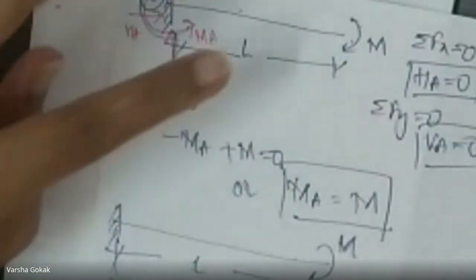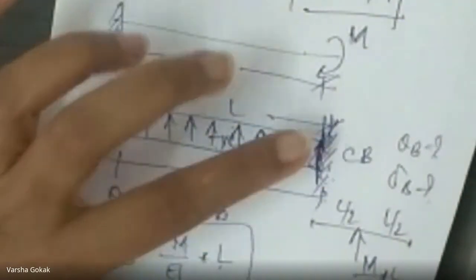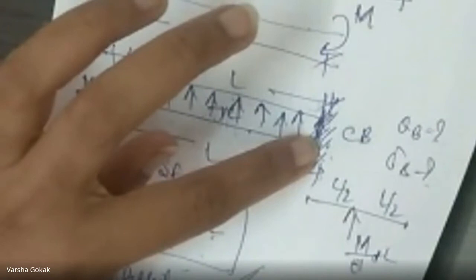Okay, so this is a cantilever beam with a moment alone. So what we do, there is a moment. You will draw the bending moment diagram and the conjugate beam. In the conjugate beam, this becomes fixed, this becomes free. This is the conjugate. So when you're finding the slope theta, for that I will require the shear force of this M by EI conjugate beam. Right? So if you want to calculate the shear force here, it is nothing but the area of this, that is M by EI, the magnitude, into L. Correct? Here.